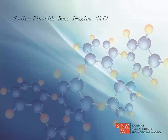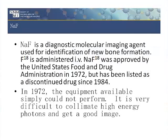We'll switch gears a little bit here to discuss sodium fluoride, which I was happy to hear that you guys are doing as well. Sodium fluoride is an interesting problem. Well, let me get into this, and we'll discuss that a little bit. So, as some of you may know, sodium fluoride is a diagnostic molecular imaging agent used for the identification of